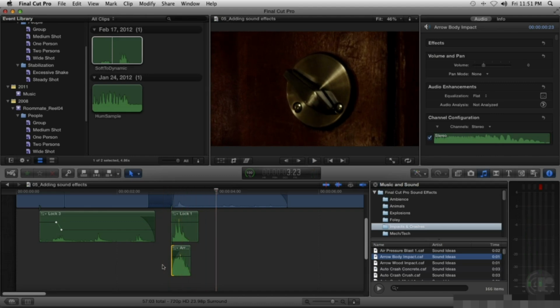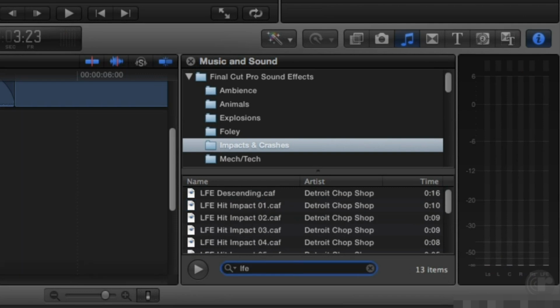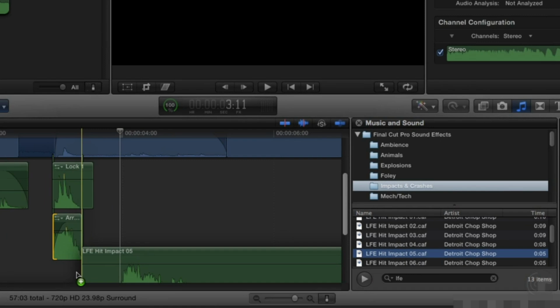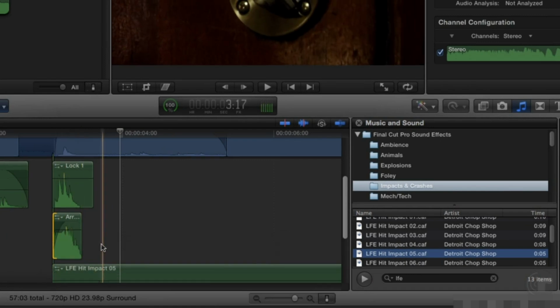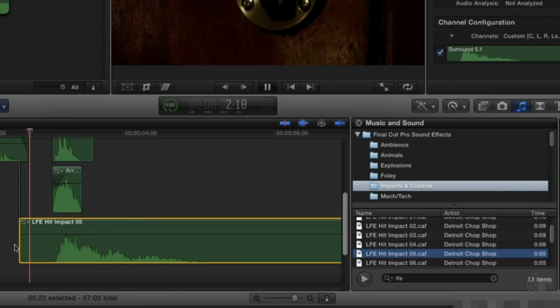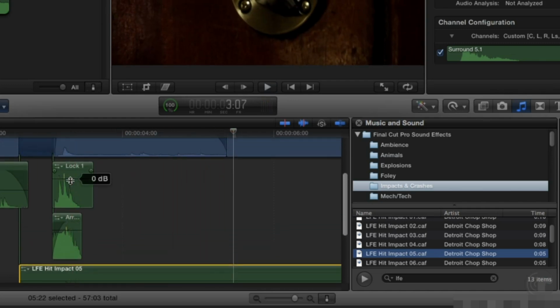Now we could be done here, but then we'd be cheating all those viewers with large subwoofers in their living room. Click in the search field and type LFE to jump to the LFE impact effects. LFE simply stands for Low Frequency Effects. Locate LFE Hit Impact 05 and drag it into the timeline. Line it up with the impact point. This will add a nice low-frequency rumble to the climactic moment. To clean up a little, drag down the volume of the lock and arrow effects so that they don't clip the meters. We now have a nice dramatic sound effect,